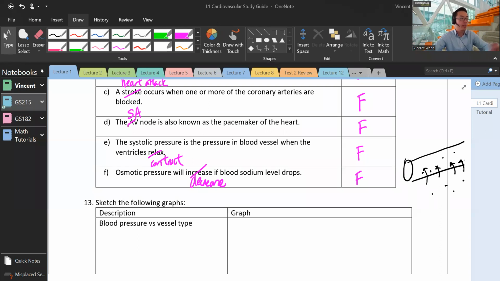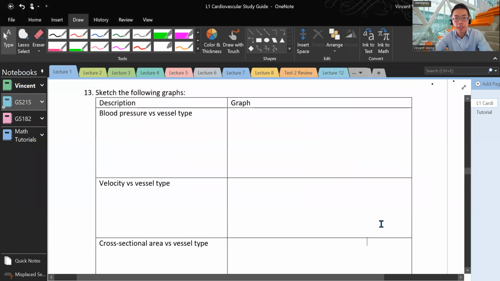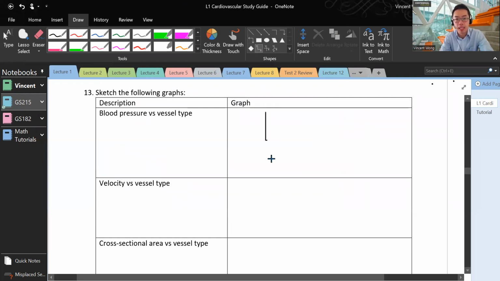Okay, let's keep going. Next question. Sketch the following graphs. First one, blood pressure versus vessel type. These graphs are available in the PowerPoint slides, but let's draw them. On the y-axis here, we have blood pressure, BP, and on the x-axis,